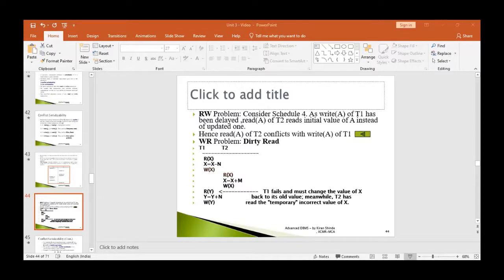Continue further, RY and WY, yes, there is conflict because one of the operations is write and both the data items are same. So we will be required to draw an edge from T1 to T2. So I will pick an arrow from T1 to T2 and draw this edge.